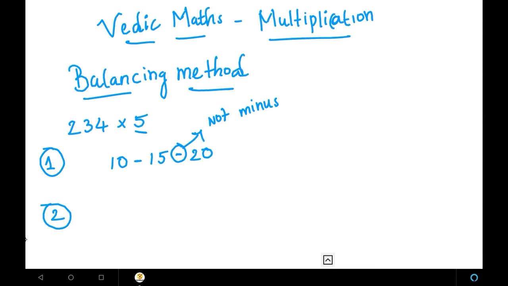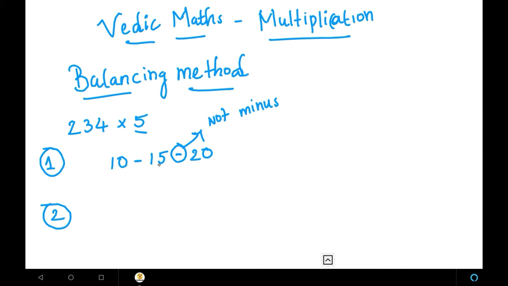We have to balance each other. Step 2 is balance each other. That means we are just going to add them all. That too we are not going to add them easily, but we have to take a few numbers out and add the others. In the rightmost number we are going to write it as it is. That will be the units place. And the next numbers we are going to add, and after adding the numbers we will write it as it is, and we leave the leftmost number. So let us see this in our example.